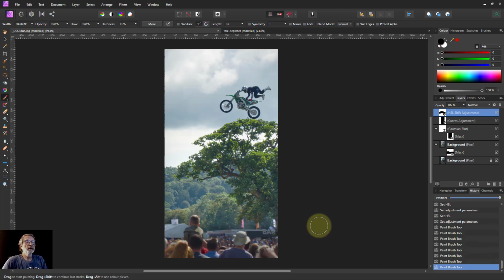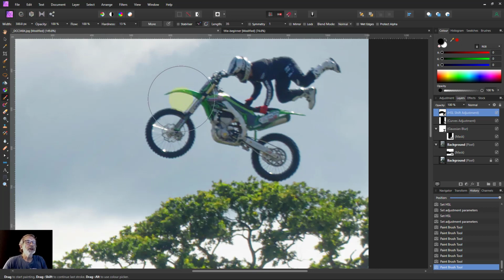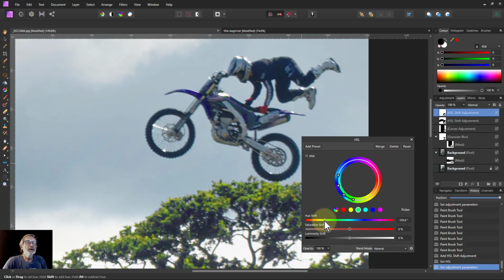That's it. Okay, and let's just do one more thing, which is we're going to go to the bike here, and this has got a green on the bike, but the tree is green as well. Let's make that stand out a bit more by making it red. So we'll use another HSL, and we'll click on the red. Actually, let's click on the green. But it doesn't matter because I'm using the picker, so it doesn't matter the colour underneath. Click on this here, which selects the colour there, and I'm going to turn that to red